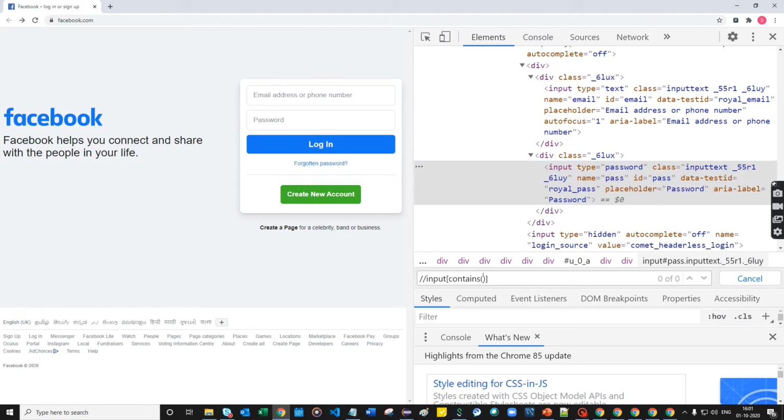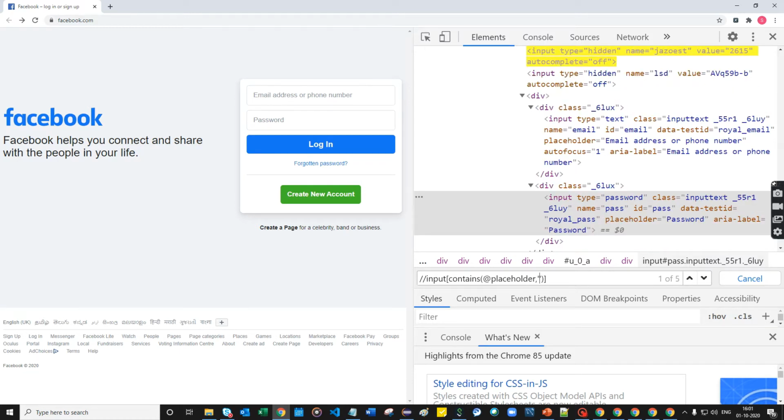So here, ampersand, give placeholder, put comma after double quotes. Here we can see the placeholder attribute value is password. Here I'm going to give a partial text, which is just pass. So the input placeholder attribute that contains pass, that element will be highlighted.